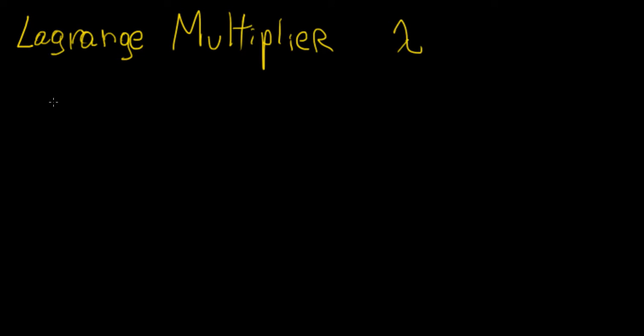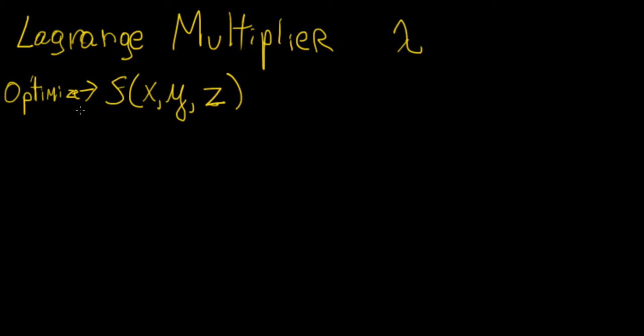And the way it works is, given some function f of several variables, so usually we have a function of 2 or 3 variables, so we can have f of x, y, z. That's our main function. That's the one we want to optimize. And then we have a constraint. So the constraint, as you know from single variable calculus, must also be a function. So the constraint is going to be a function